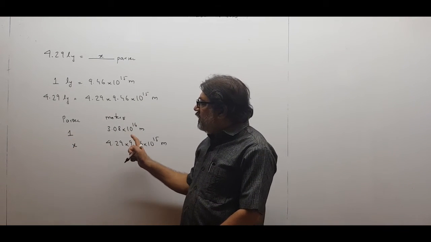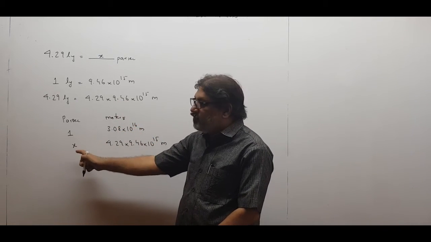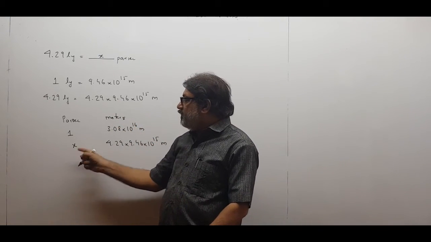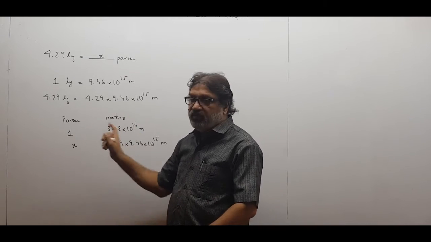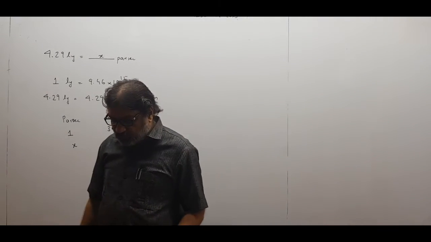1 parsec is these many meters. So these many meters are required, how many parsec? So supposing they are x parsec. X into this equals this into this. Divide, you already have a calculator with you, you can do it. Please pause and copy children.